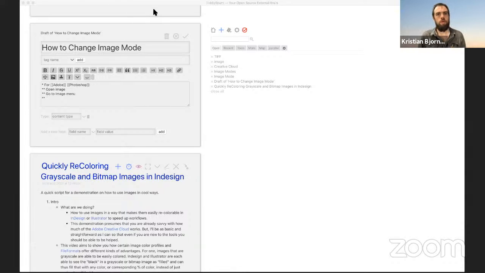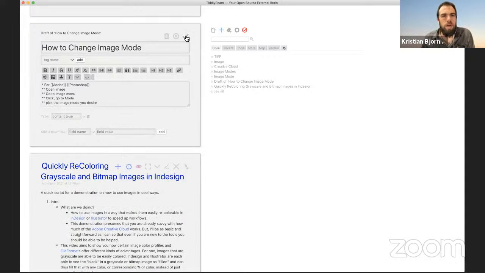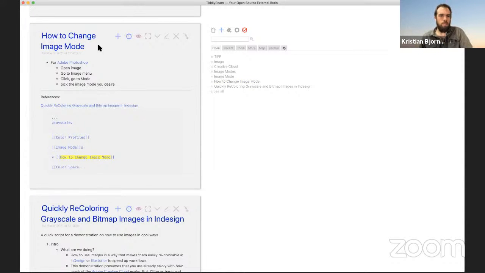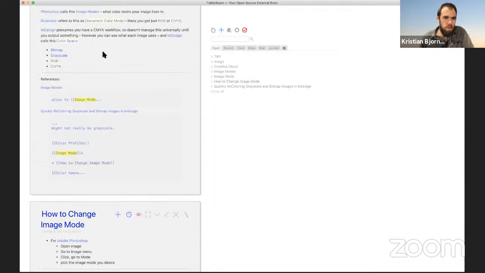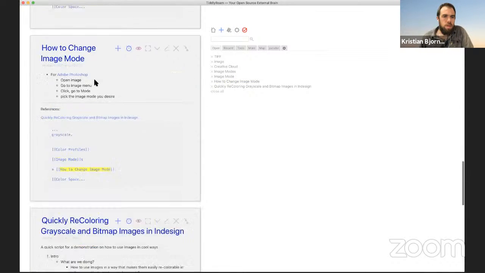Go to image, and you go to image mode, and then you just pick the mode that you want. Okay, so maybe that's too granular, but whatever. It's a way to start. Then, since I now have that in its own tiddler,